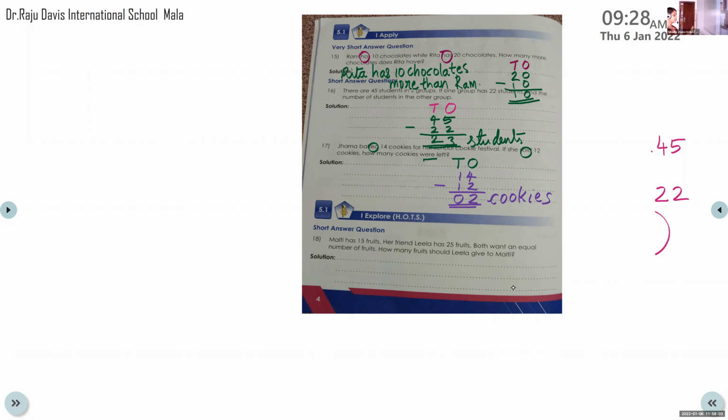So you have 15 fruits. Your mother having 25 fruits. Okay, so both having different number of fruits. I'm writing. So how you can make it equal? Before that, let me ask, how it should be equal, same number. What you should do to make it equal? You have only 15, your mother having 25. Mother should give some of the fruits to you, no? Then it will become equal. Yes or no? Yes. Your mother should give some number of fruits to you, then we can make it equal. Okay, now here also we can see the same method.